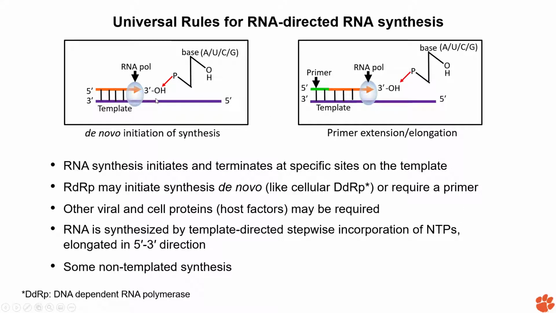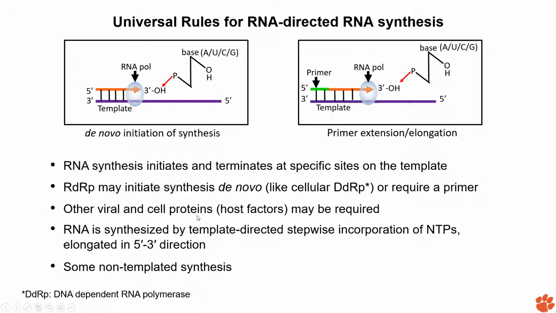So here you have the template, 3' to 5', and the RNA polymerase is making the strand 5' to 3', and this is the de novo synthesis. It starts right from the beginning, and you have a hydroxyl end to which you add the bases. This is the 5' phosphate for the next incoming nucleotide, which could be A, U, C, or G. Here you are seeing that a primer is actually formed, and after that primer, the RNA polymerase can take it over, and the process is basically the same. So, de novo and primer-requiring.